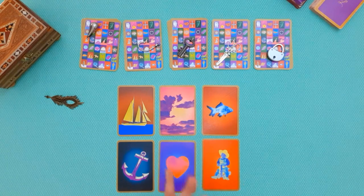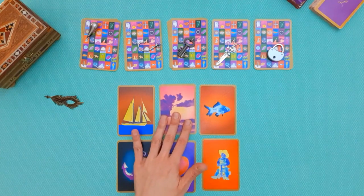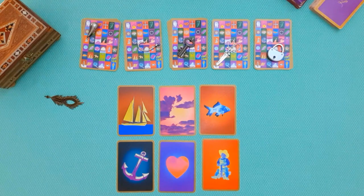Now, the fish adds a different nuance to the line, because the fish is the card of money and material prosperity and material success in general. And when it shows up with the clouds, it's possible that there can be expenses here. It usually suggests that expenses come up that are unexpected, that you were not necessarily prepared for. So that could cause you a bit of stress. Now, in quite a literal way, the top line can suggest an expensive trip, or that you need to spend on a journey or spend on some travels and movements that you need to undertake,